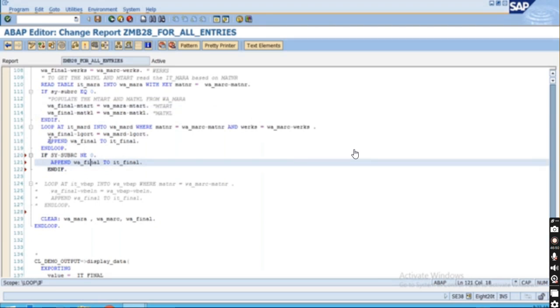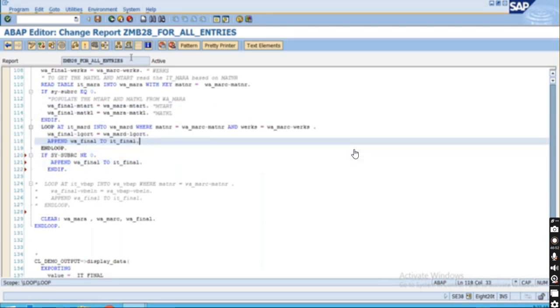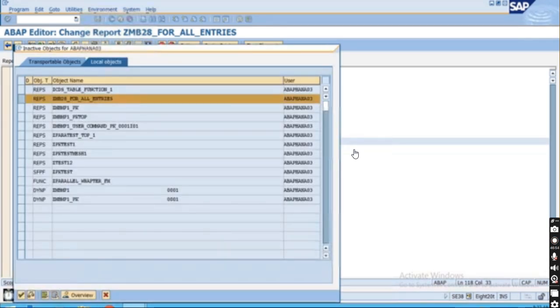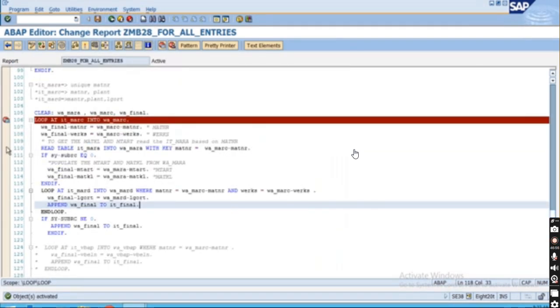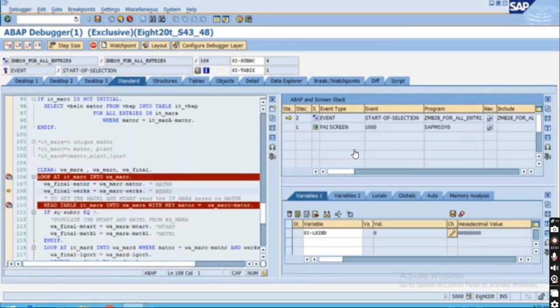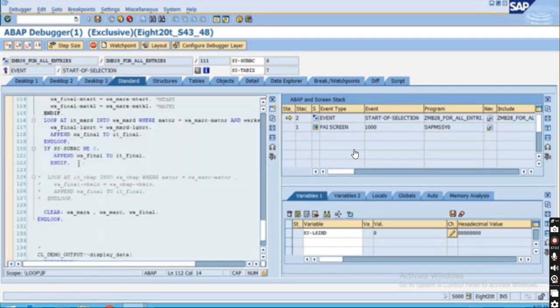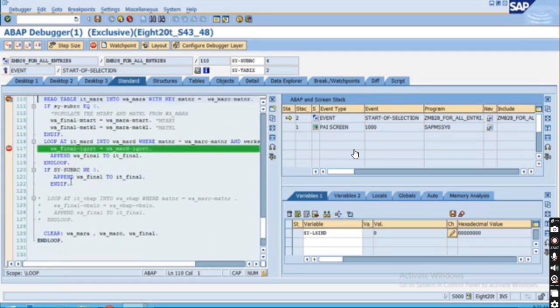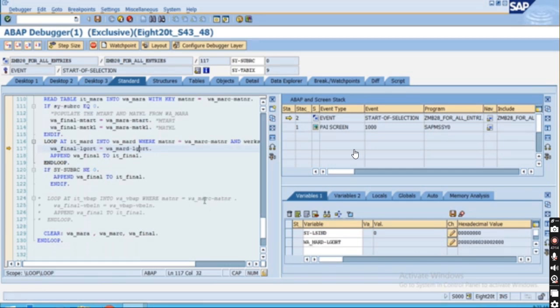If some value is there, automatically it is appending, right? Let's debug it and find out why it is not populating. Press F8, F6, F6, F6. The problem is here, that it is not populating this LGOIT. Press F8. Okay, press F8, and here it has come this time, and we can see LGOIT